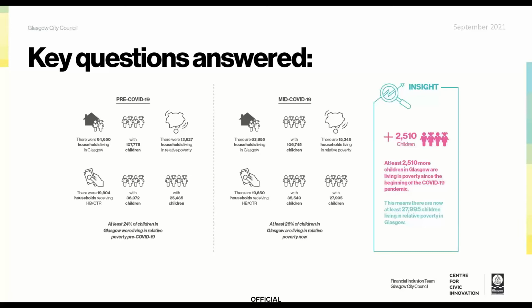Now, from those 19,500 families, we know from those poverty thresholds and their income that 15,346 of them are living in relative poverty. And that's an increase from the 2020 report. So we've got an additional 2,500 children now living in relative poverty since the pandemic. And again, just using this data, that works out at about 26% of families. Now, we know more about the families than what I'm going over today, but this is just to give you an overview of the types of information that we captured. So if we move on to slide 8, please.